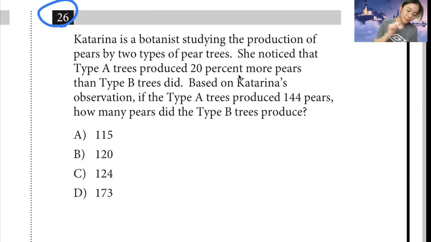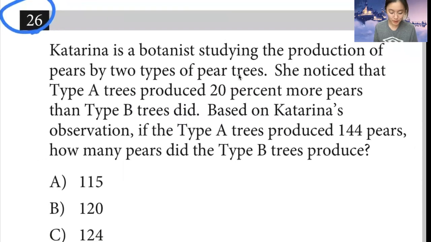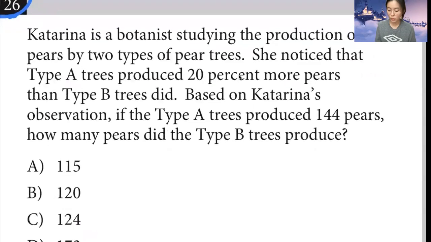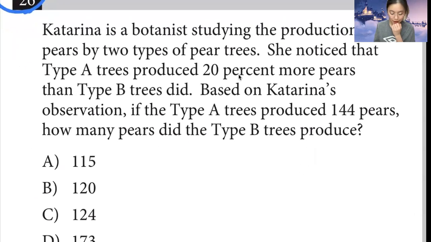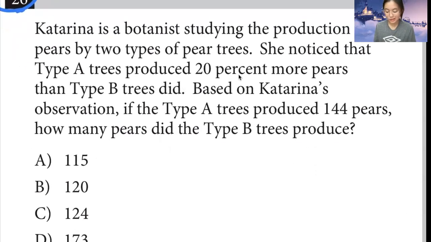So let's get started. This question is a percentage question. I'll just read the question for you. Katarina is a botanist studying the production of pears by two types of pear trees. She noticed that type A trees produced 20% more pears than type B trees did. Based on Katarina's observation, if the type A trees produced 144 pears, how many pears did the type B trees